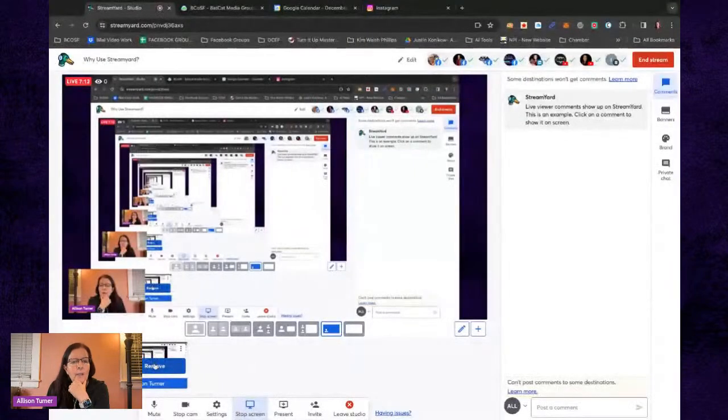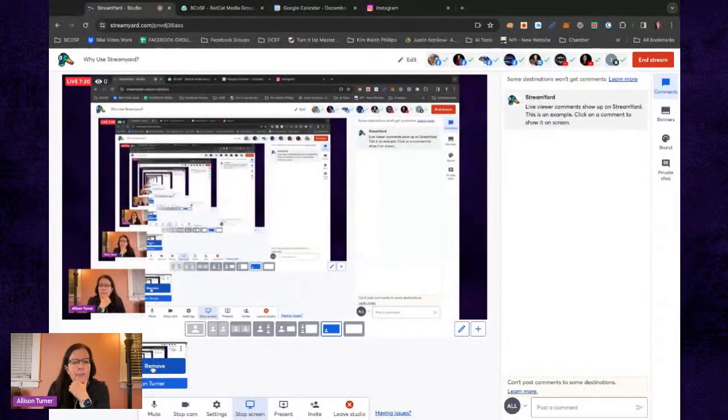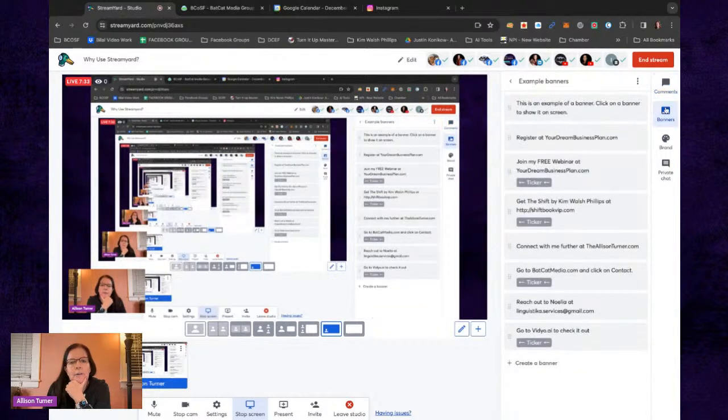Let me see if I can share one more thing. Let's see, share screen, window. So I'm going to actually share what I see, maybe. Let's see if it'll work. It might not work. Remove, add to stage. I don't want to do that. I guess it's not going to work, but I was going to try and see if I could share with you what I'm seeing, which are the banners over here. So I don't know why it's doing this weird thing right now, but it is.